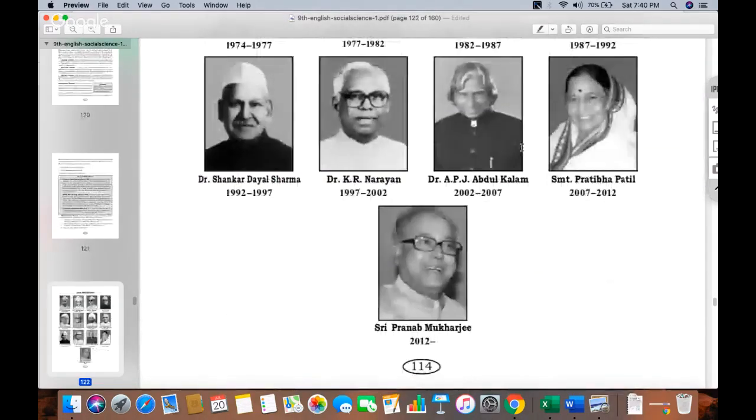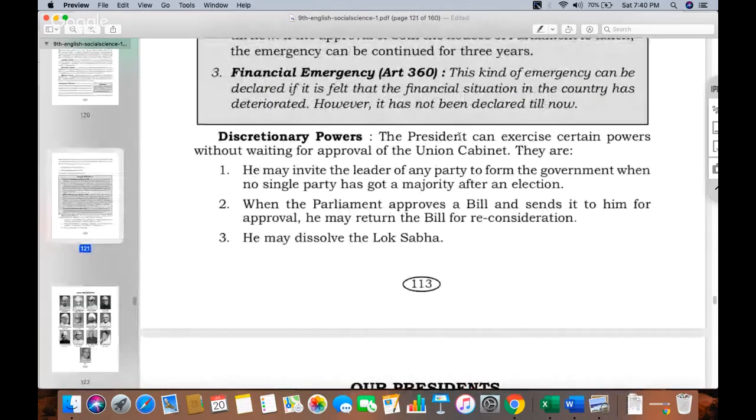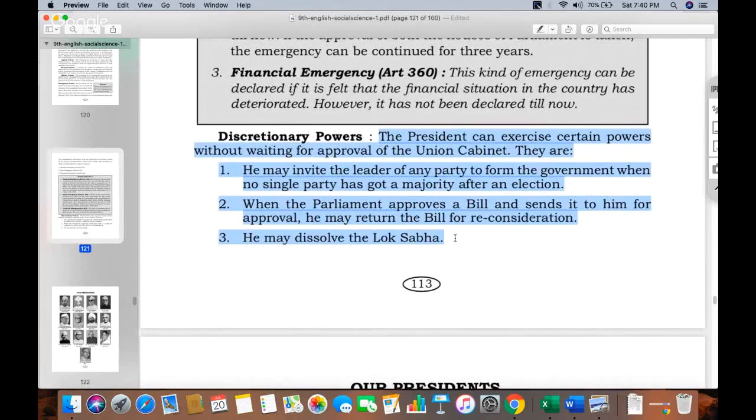So our presidents have been discussed till here. Discretionary power of the president, I was mentioning this term time and again. Discretionary power of the president. The president can exercise certain powers without waiting for approval of union government. Like when elections happen,